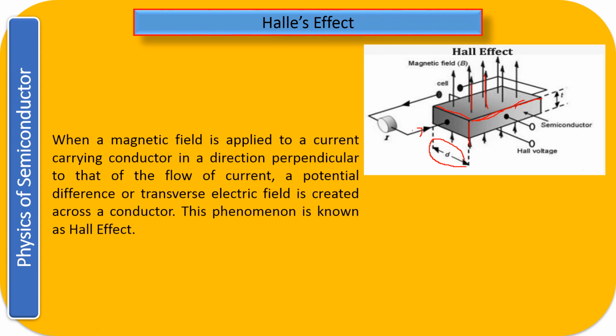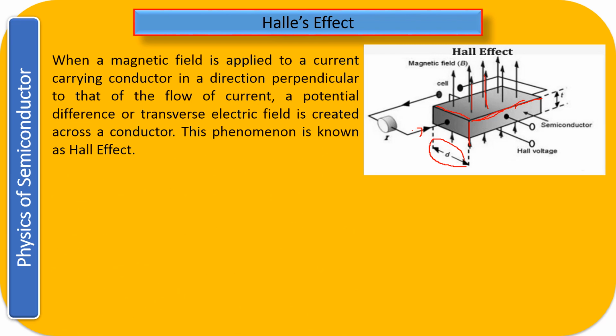So let us see what exactly the definition is. When a magnetic field is applied to a current carrying conductor in a direction perpendicular to the flow of the current, let us suppose again with a simple figure I am showing you. Let us suppose this is your current carrying conductor. So here this is the direction in which we have given the current, and perpendicular to this I have given the magnetic field. Let us suppose this is your x-axis, this is your y-axis, right? Perpendicular to this we have given the magnetic field. So this is the direction of the current, and this is the direction of the magnetic field. Same thing as we represented in the above diagram also.